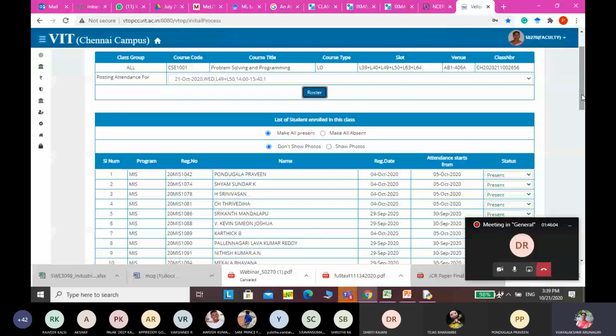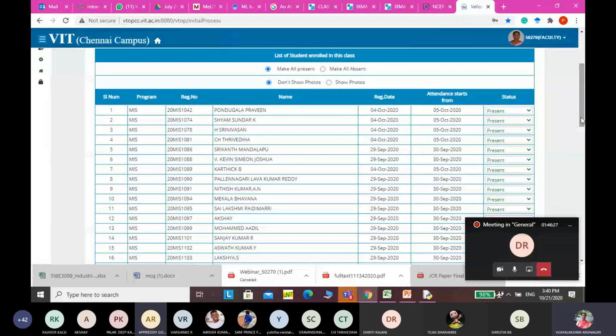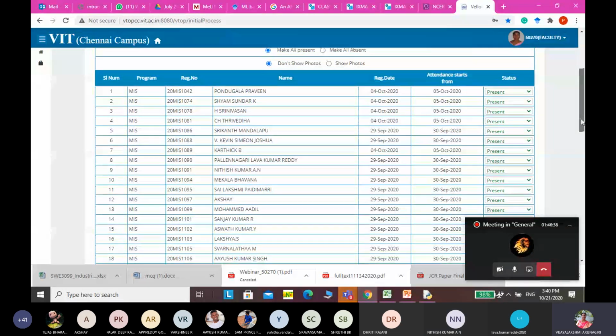Praveen, yes, ma'am. Shyam Sundar K, present, ma'am. Srinivasan, present, ma'am. Trivedia, present, ma'am. Srikanth, present, ma'am. Kevin, present, ma'am. Karthik, present, ma'am. Lava Kumar, present, ma'am. Nitish, present, ma'am. Mekala Bhavana, present, ma'am.